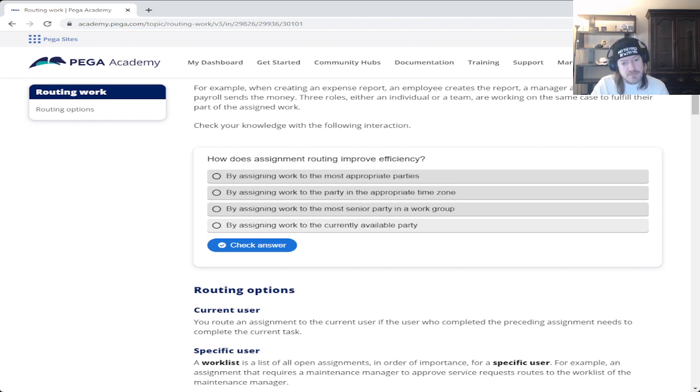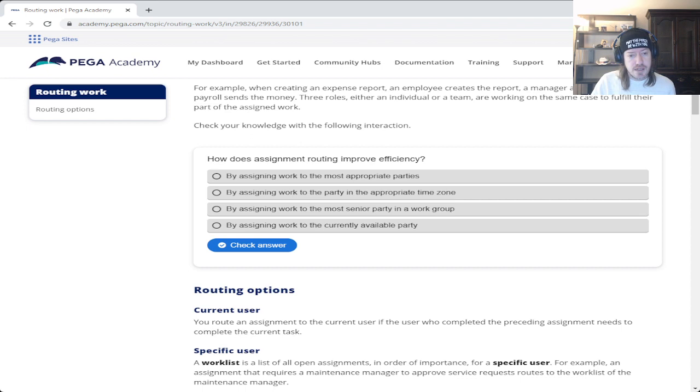I mean, that's not necessarily true either. Say you have an employee party, manager party, and payroll party, for example, and you want to assign the work to payroll, but it's not currently available. You're not necessarily going to be sending it to the manager, right? So that doesn't really work.